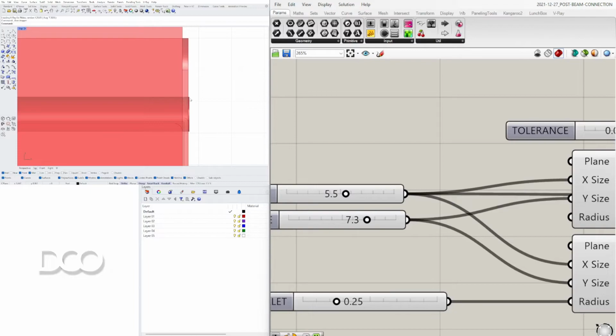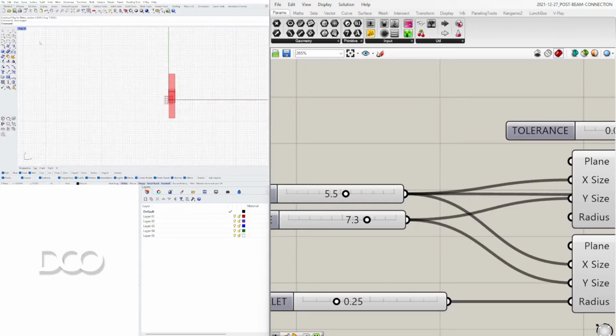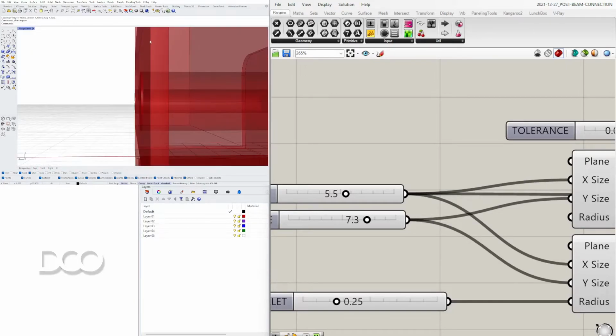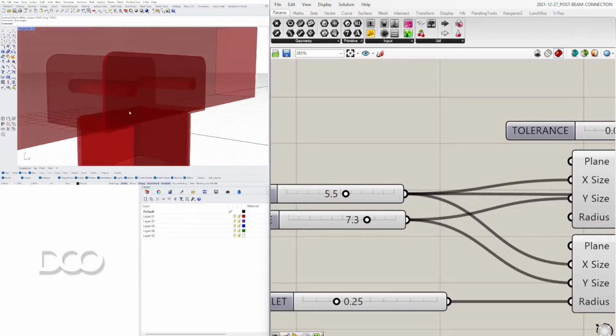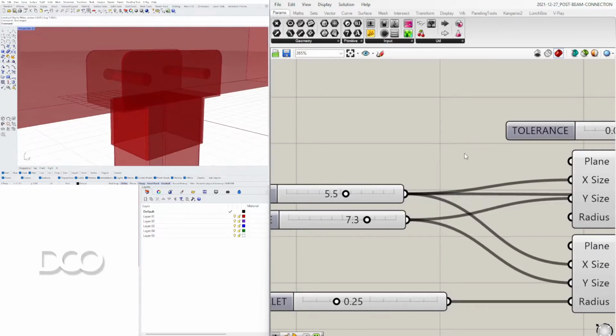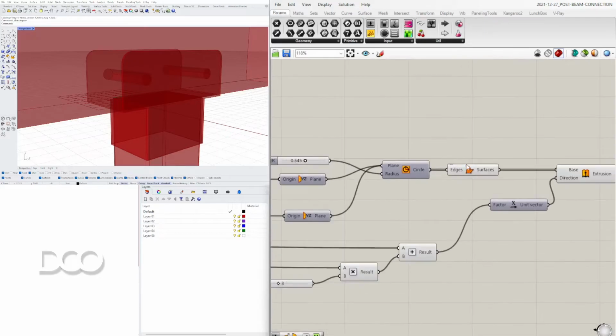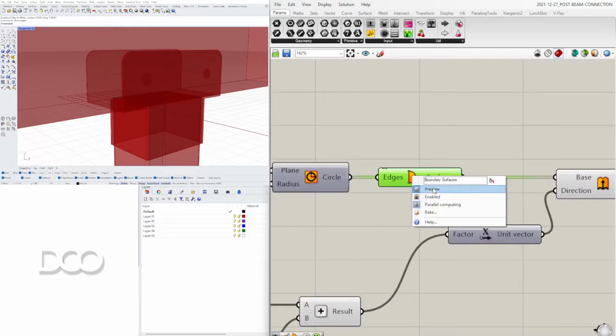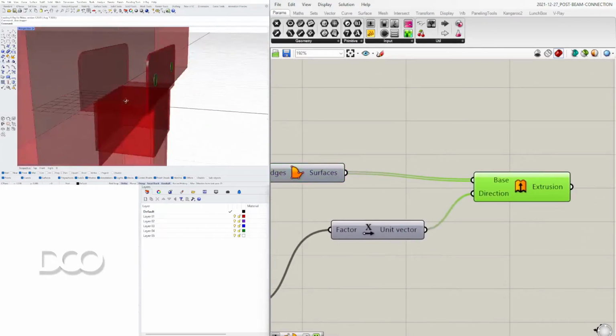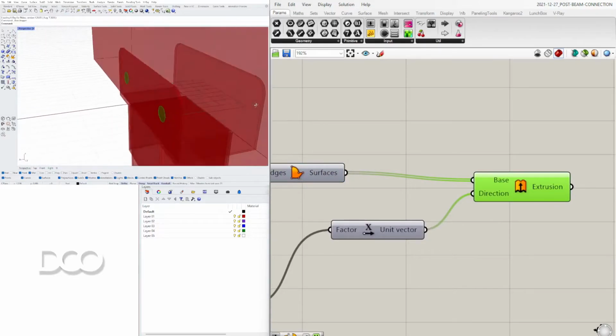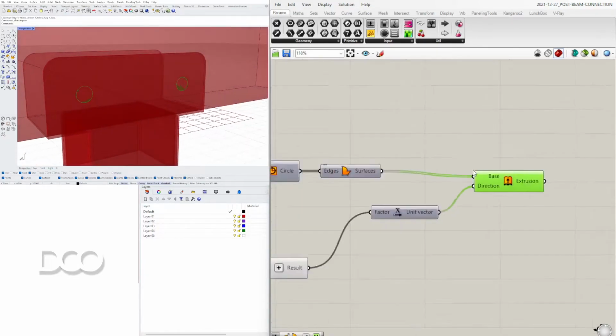That's the important thing, is that it's tied parametrically where it always intersects it. Hopefully that made sense. Sometimes it's a little bit confusing, but it should make sense. So in that sense, let's move forward. Now we have these surfaces. We'll disable the preview. Now we have these extrusions, which is perfect because that is what we need to subtract